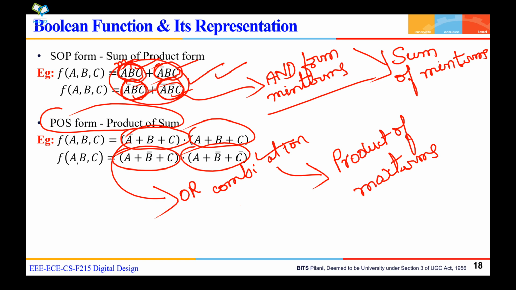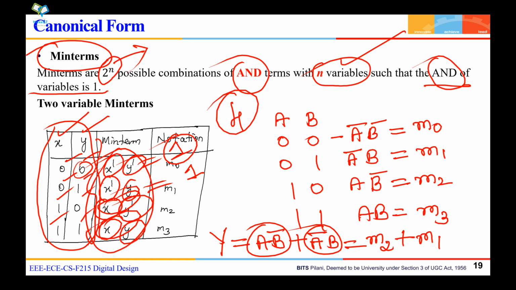So any Boolean equation, for example, if you see the previous slide, we had taken this Boolean equation. This Boolean equation is actually written as a sum of these minterms. You have ABC plus A bar, B bar, C. Right? So this ABC is actually M7, and plus this is A bar, BC. It is 0 1 1. Right? So it is M3.